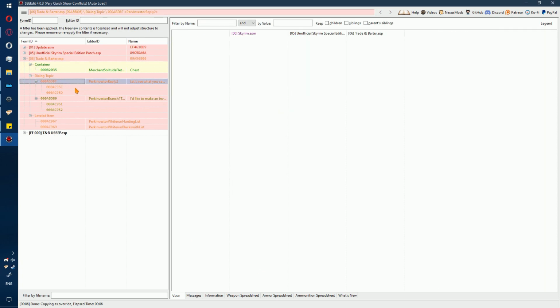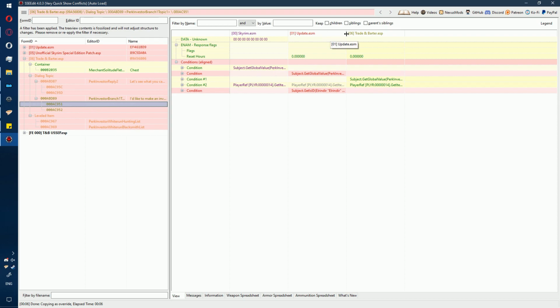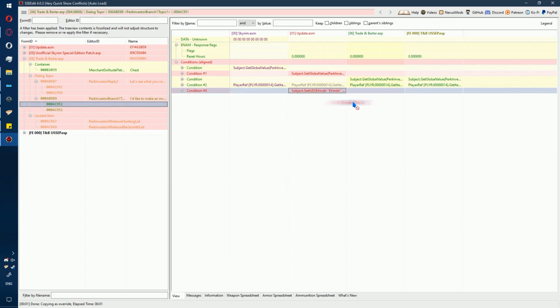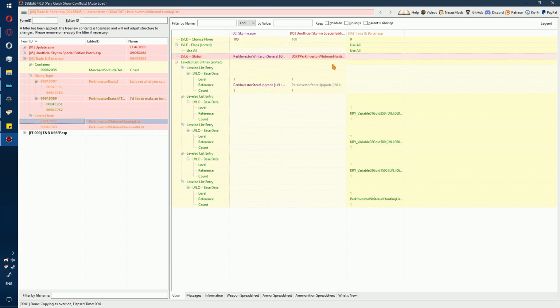The first dialog topic, we can leave it as is, including its two shrubs. Next one, we're going to go ahead and copy as override trade and barter to the USEP. Yes. And we are also going to copy get is ID elrendir to TMB USEP. We don't want to do anything to the other shrub. Next, for trade and barter leveled items, we're going to leave both of these as is